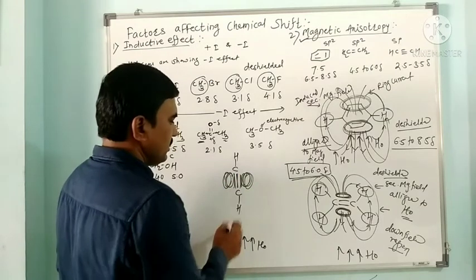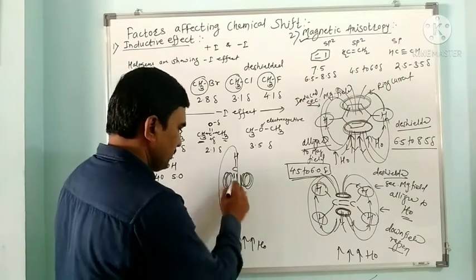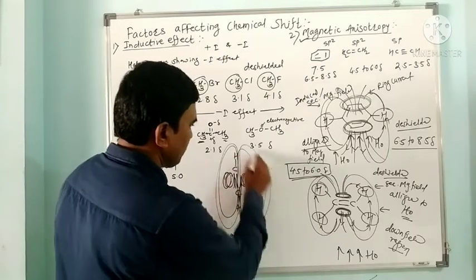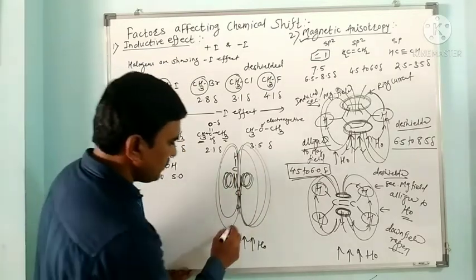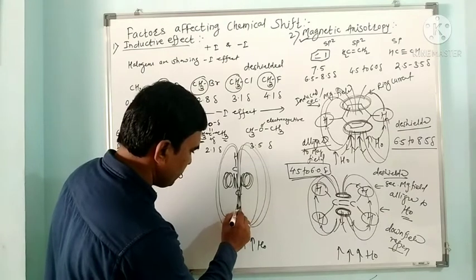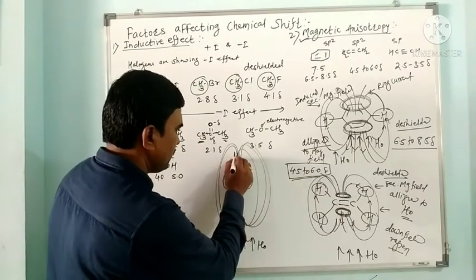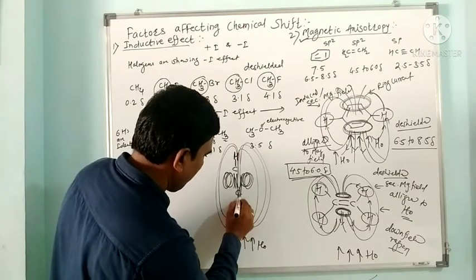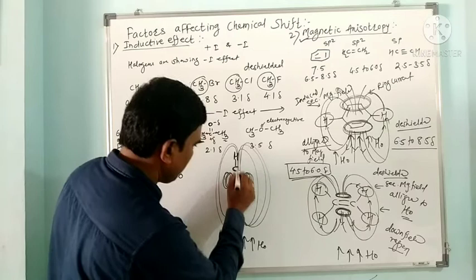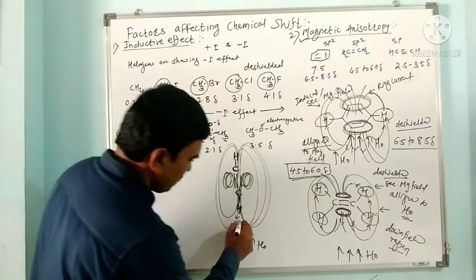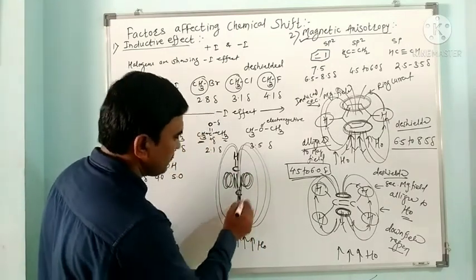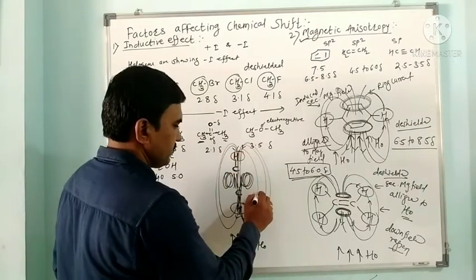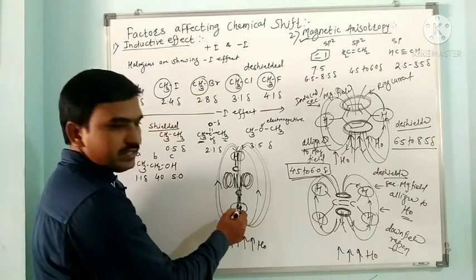Now due to these pi electrons, it creates a current because of the circulation. Now this again generates this secondary magnetic field. So here this secondary magnetic field is here. If you see, this is the hydrogen. Here there is hydrogen, carbon, carbon. Now here this is opposing. Here this is the region where the nuclei are located. Here it is aligned, but here it is opposing.